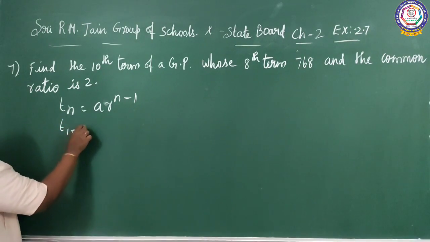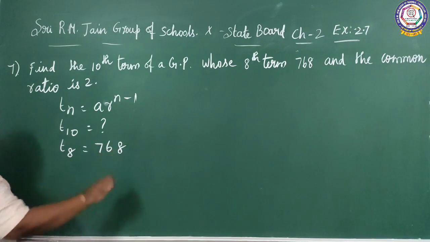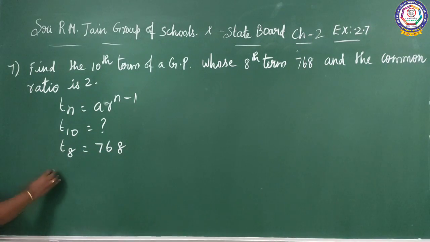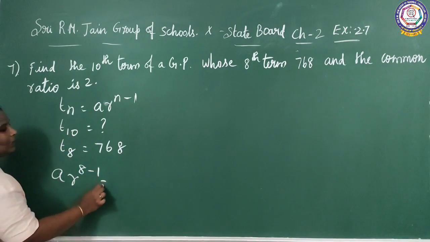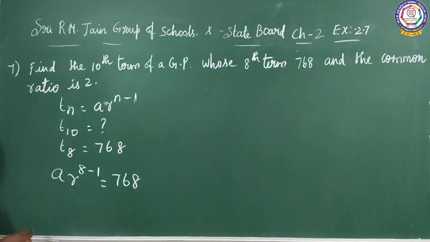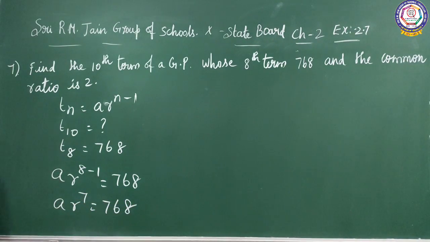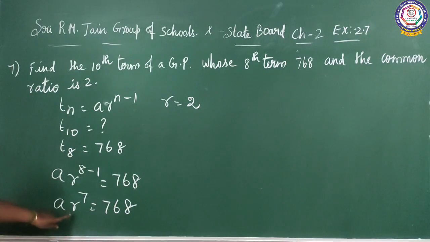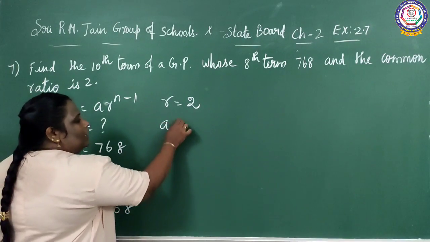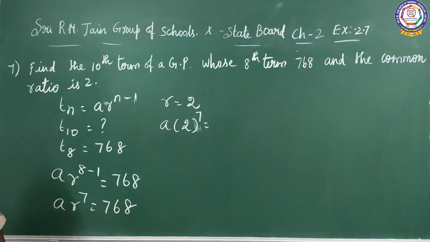So T10 you should find out the value, but the 8th term value is given. It is nothing but what? 768. So a r power 8 minus 1 equals 768. a r power 7 equals 768. What is the ratio they have given? r equals 2. So you can substitute 2 instead of r: a into 2 power 7 equals